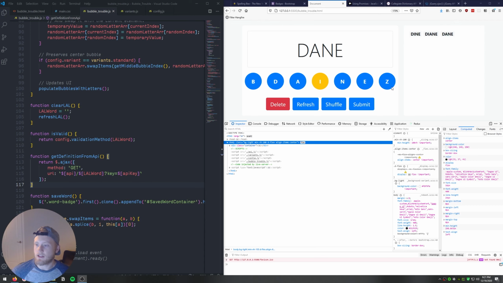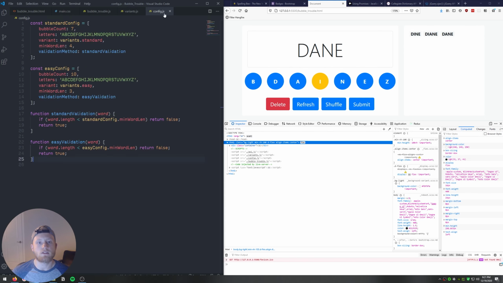So I was playing with this game a little bit, and I noticed that we're not enforcing this. We're not enforcing the center letter for the standard game mode at all. So this is a good opportunity to look at how easy we made it to modify this configuration. Since we've got this standard validation method now, we know that for the standard game mode,